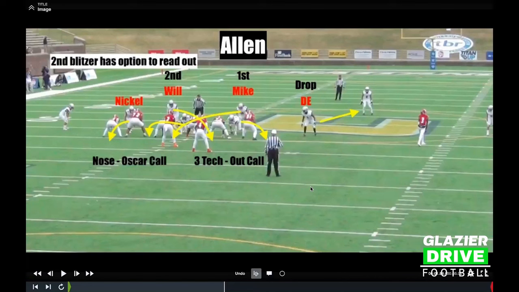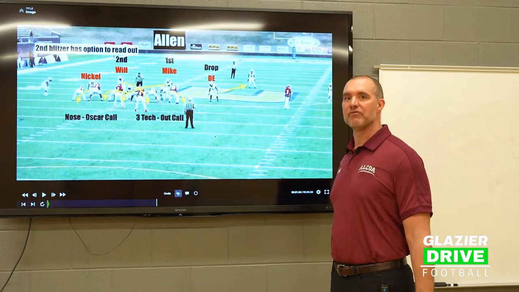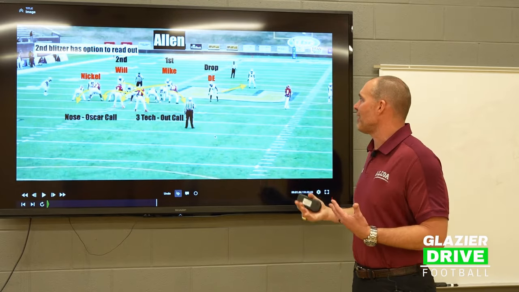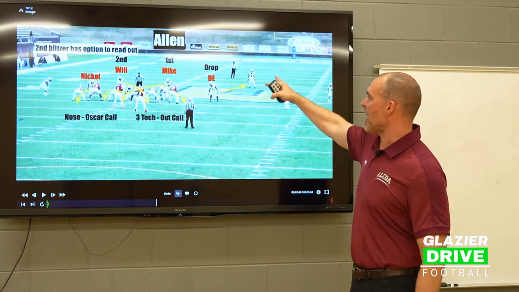Whatever your word is for quarters across the board, quarter, half, they're not aware at all. We're just changing who is dropping into these zones, just understanding that this guy is going to be probably the least effective dropper. He's not, in high school, unless you've got him as a full-time player, he's not going to be real good at pattern matching, 3 going out, finding 2,